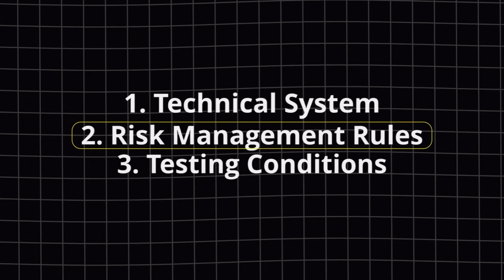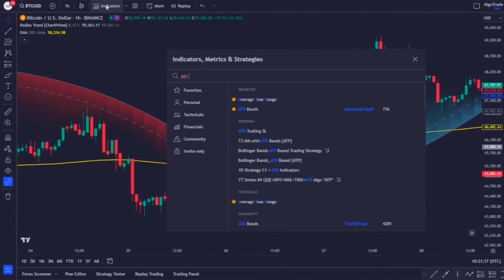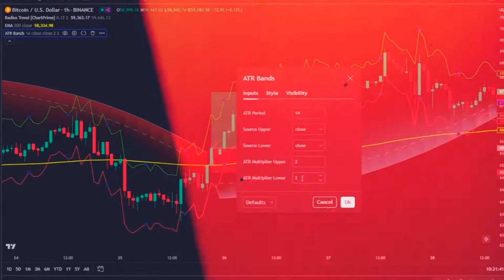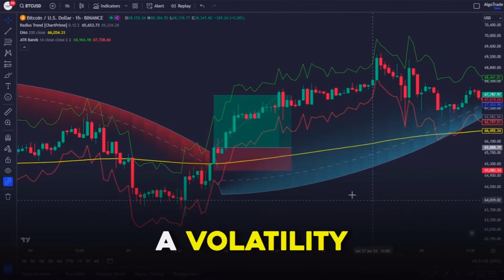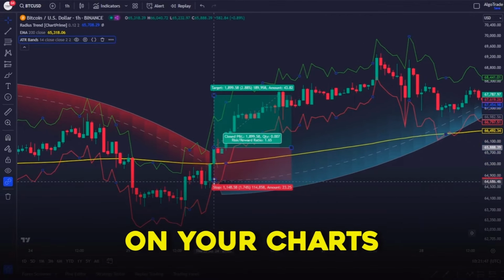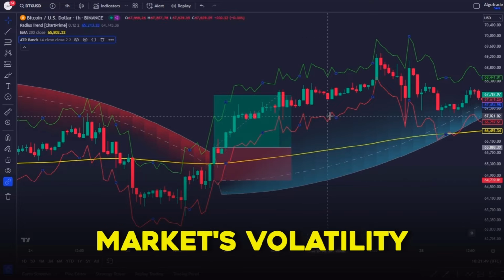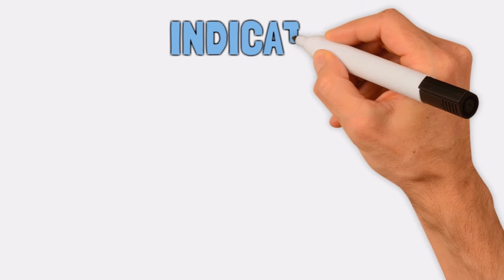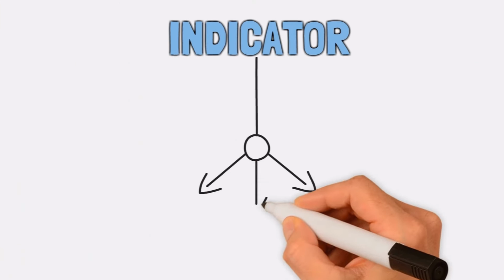For the risk management, I will use the same method as in all the other episodes by using the ATR Bands indicator with a multiplier of 2, a volatility indicator that places the stop losses directly on your charts according to the market's volatility. And regarding the testing conditions, we'll backtest the indicator on the 30-minute, 1 hour and daily